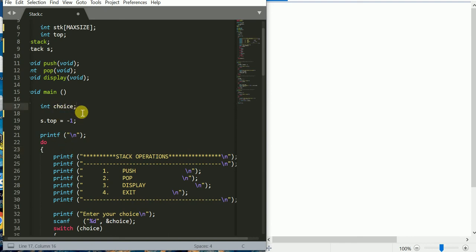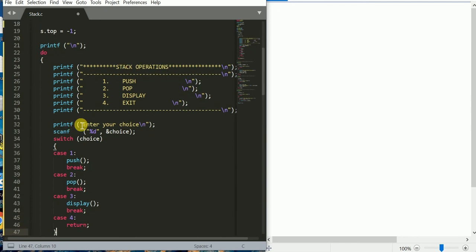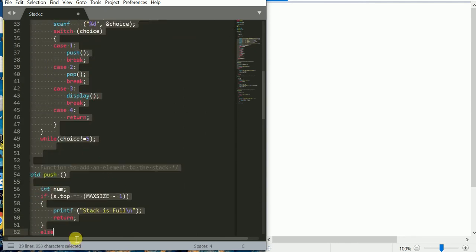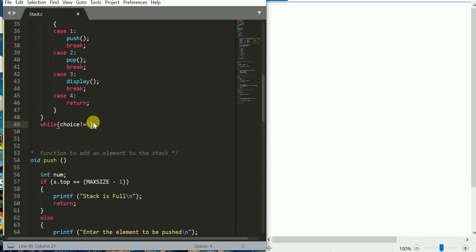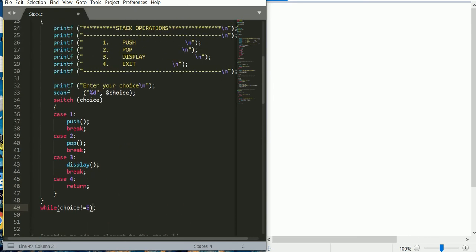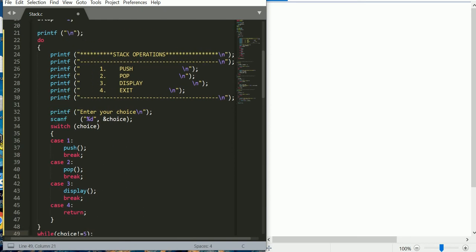That is why I am taking one choice, int choice, and as I have already told, top will be pointing to -1. I have done this initialization part, and I have taken a do while loop. So what happens? It will perform all these steps until we give the choice as 5. If we give the choice as 5, then the program will come out and it will be exited. What happens if you give 1, 2, 3, any of that? Then it should do some particular specific operations, right?